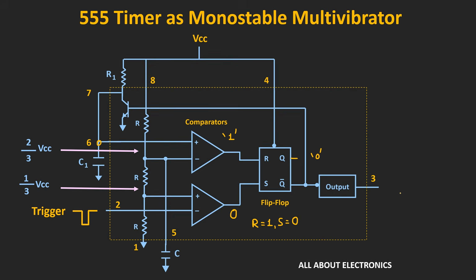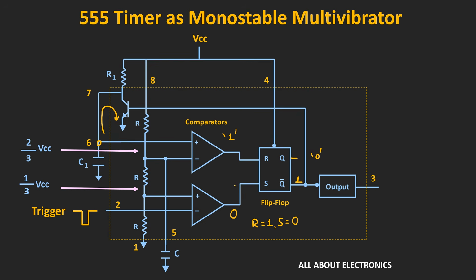So in this way, momentarily the output of this 555 timer goes into the unstable state, and then whenever this capacitor voltage just reaches this 2/3 VCC voltage, the output will come back into the stable state. Now as soon as this Q becomes 0, this Q bar will become 1, and whenever this Q bar is 1, this transistor will get switched on again, and the voltage across this capacitor will get discharged through this path. And once that happens, both outputs of the comparators will become logic 0.